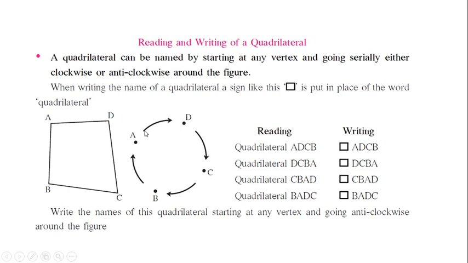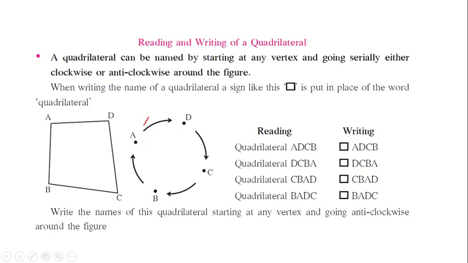You must have seen clocks at your home. Yes, how does a clock rotate? The hands of the clock rotate from the right side. Yes, from the right side of your hand. So this is the clockwise direction, and this is anti-clockwise. Anti-clockwise means the opposite direction of the clock. So that is like this.